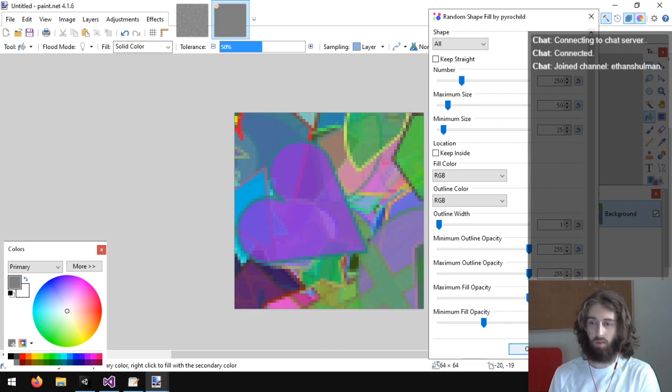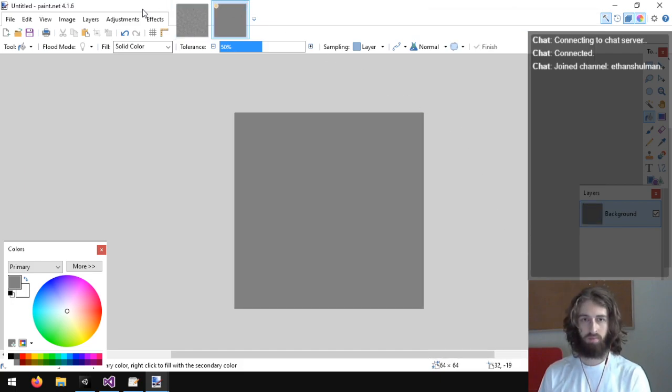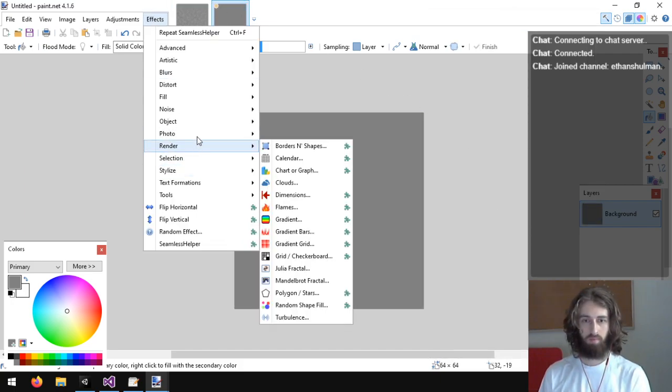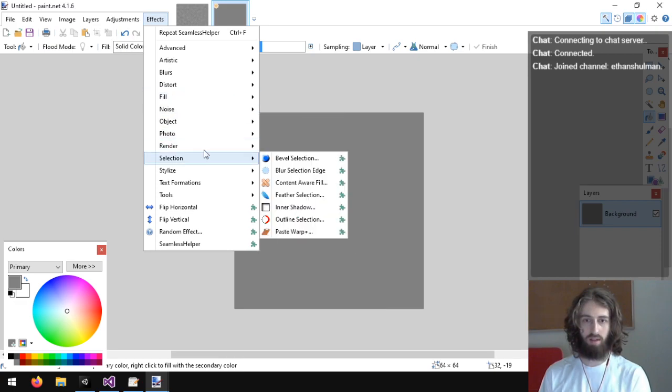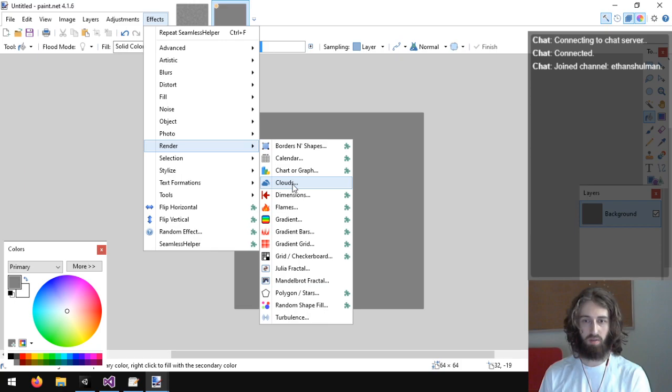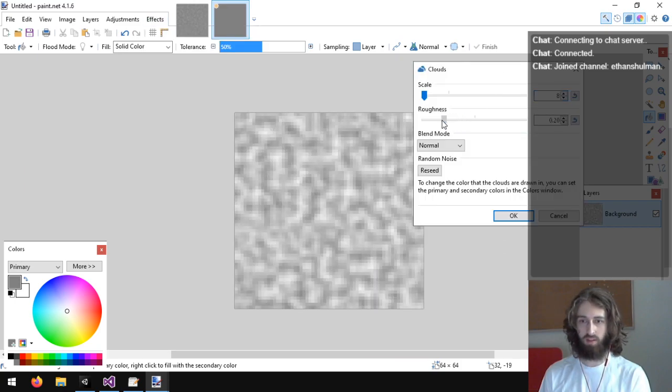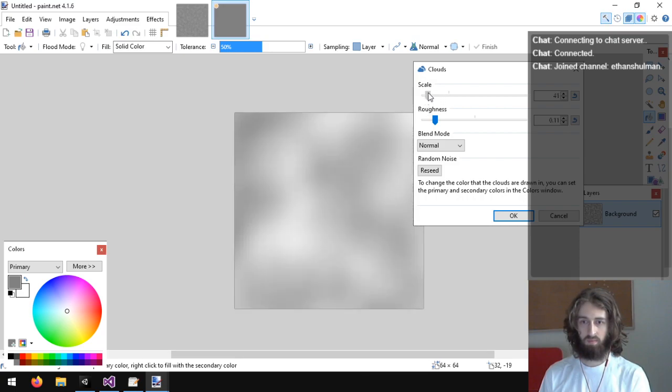I'm just thinking what I want to do. I want to do some dirt, except it's not like dirt, almost like sludge. Maybe I actually can do what I'm trying to do with clouds and then warping them with the liquefy. I'm thinking of doing layers of this.